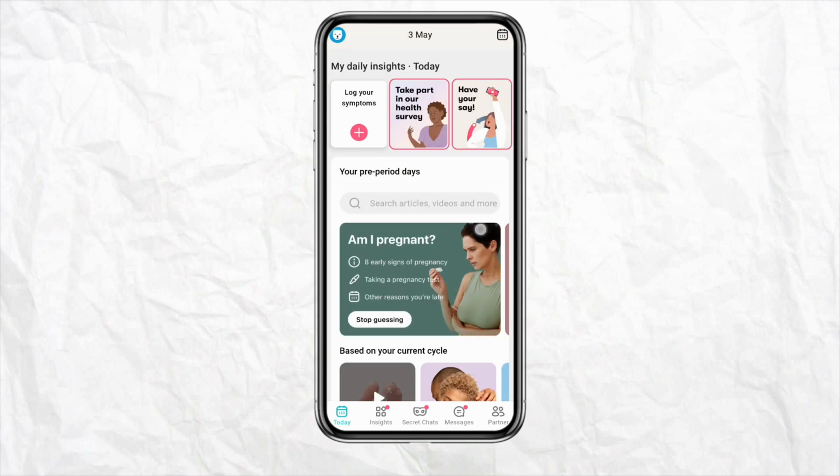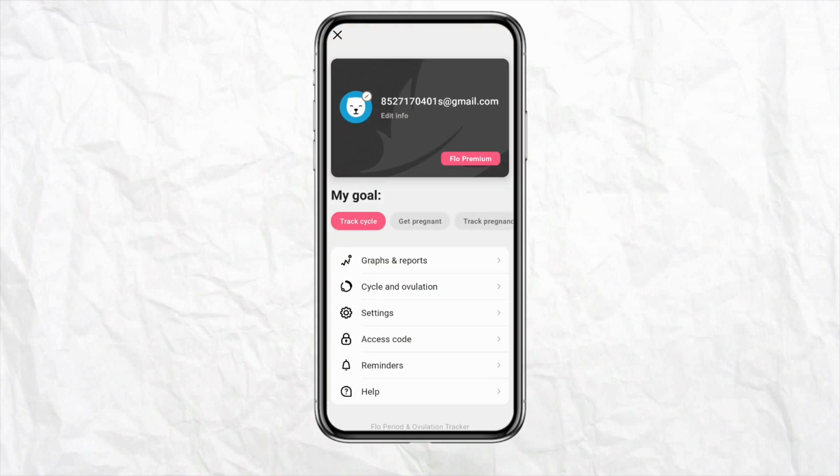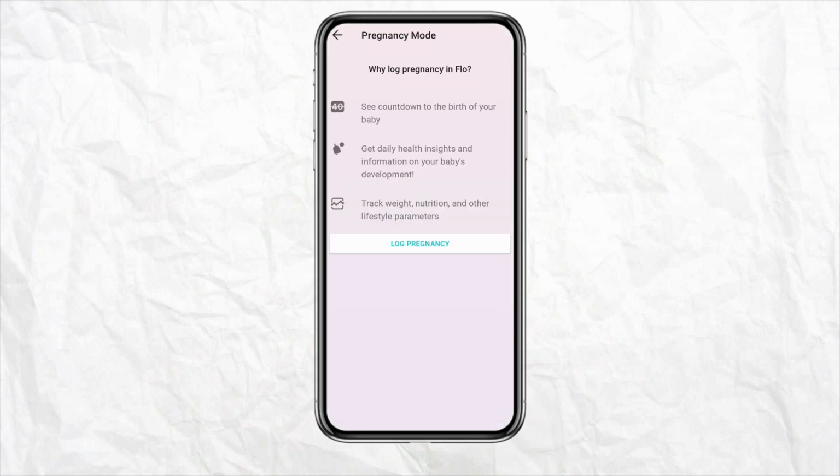And once you're there, in order to add your pregnancy in the Flow application, you need to click on this bear icon at the top left hand side of the screen. Simply tap on it, and over here you will be able to see different options under the My Goals section, like track cycle, get pregnant, and track pregnancy. Simply click on track pregnancy right here, and over here you will be able to see the option called